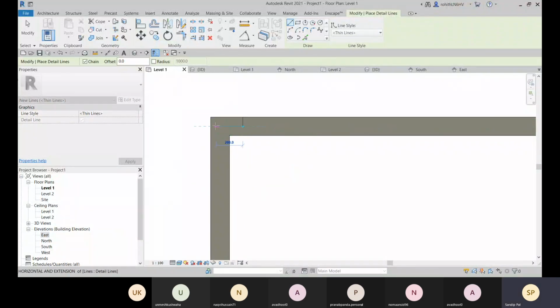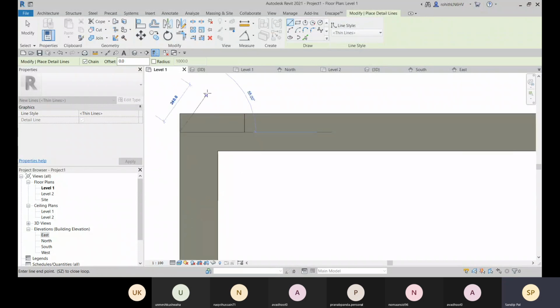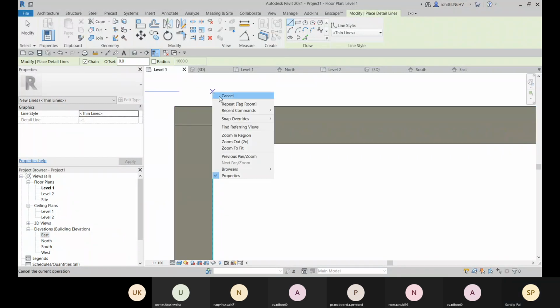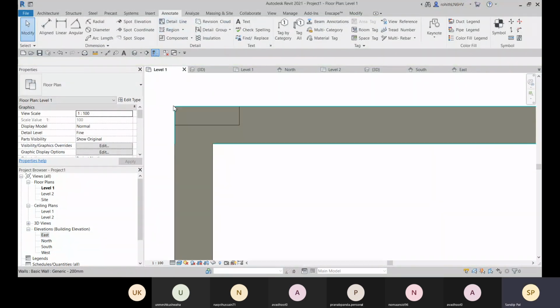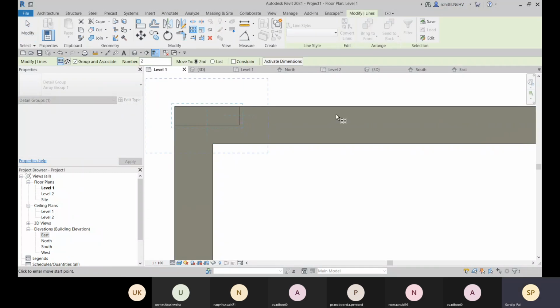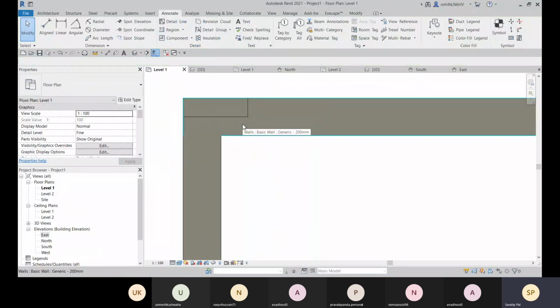Suppose the brick lines you want to show, the brick sizes you want to show here. So you can go with that detail line option and can just array, okay, and place all the bricks with these lines. So you can add this detail like this.